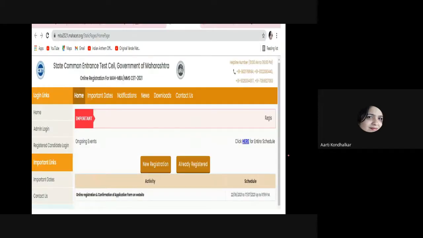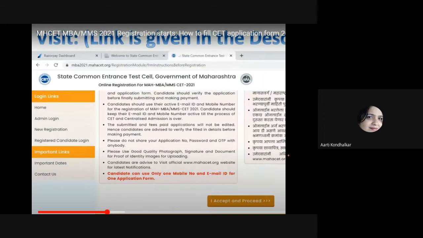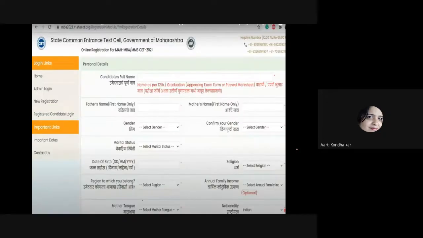You get this new web page. Then click on New Registration. Before you proceed, read the instructions carefully. Then click on I accept and proceed. Now you will get this screen to fill in your personal details.